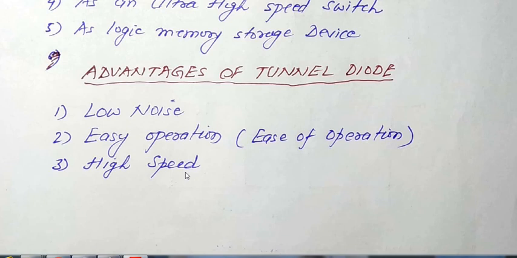So friends, this is all about today's lecture of the tunnel diode, in which we have studied the basic concepts, tunneling effects, and operation of this tunnel diode under zero bias, forward bias and reverse bias states. We have also studied the tunnel diode as an oscillator, and in the last portion we have discussed the performance characteristics, the applications and the advantages of the tunnel diode.